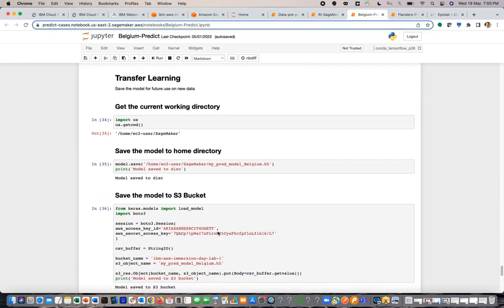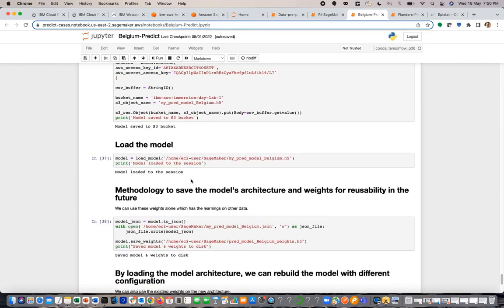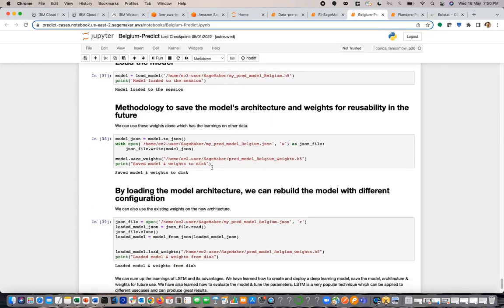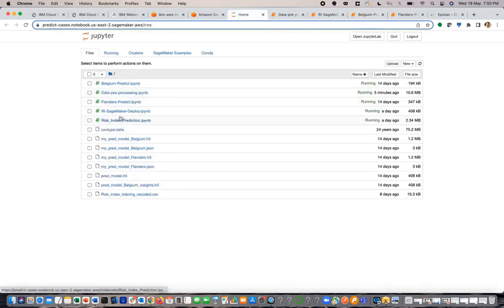And then we are doing transfer learning, demonstrating how to save the model into a directory, and how we write the model back to the S3 bucket. We can also save the model architecture, and load the model architecture from the S3 bucket into this. All of that is demonstrated here. The same notebook runs on IBM Cloud Pak for Data as well. Now, going to the next notebook, which is